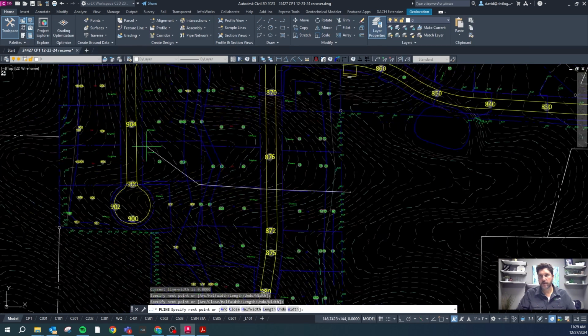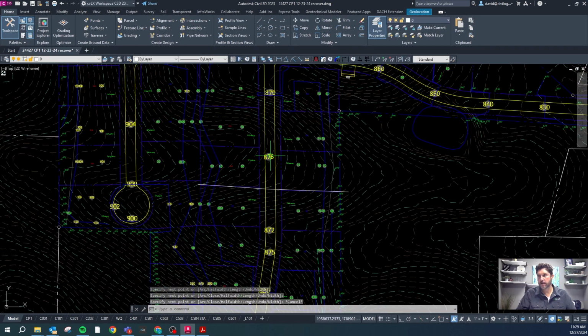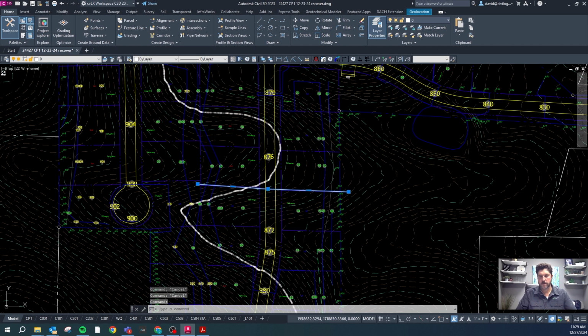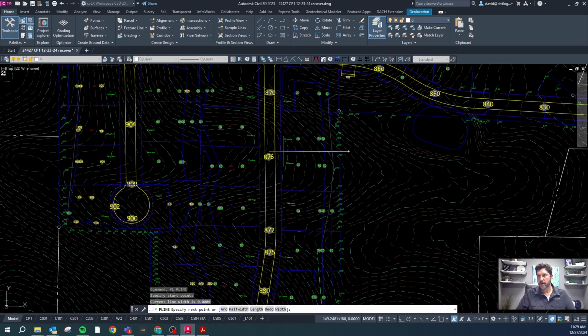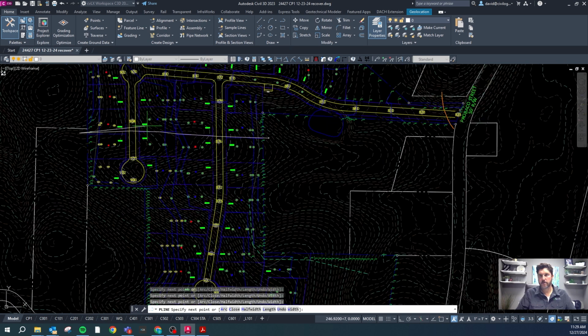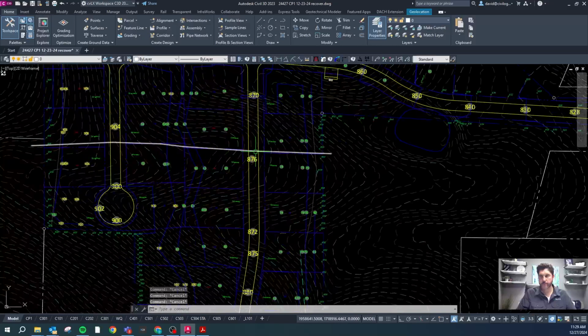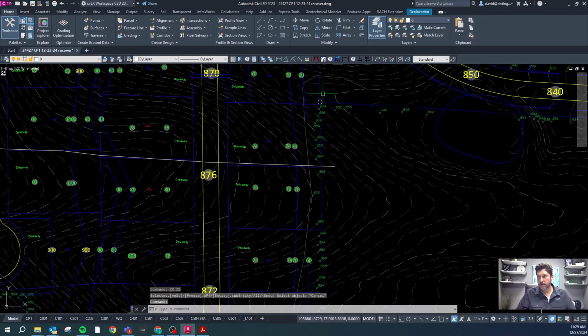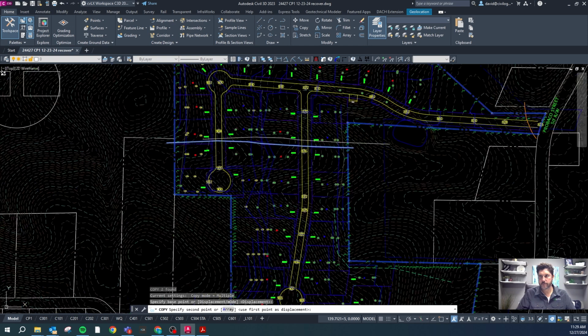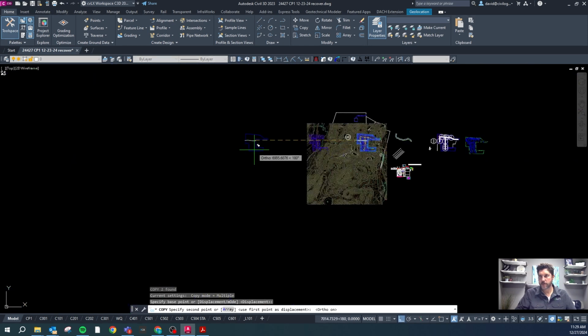Actually, we're going to have a little high point right there. So let me get a high point here. So let me go up one lot, and we'll make this kind of our basin line. And then if I grab our boundary and that, move this off to the side,